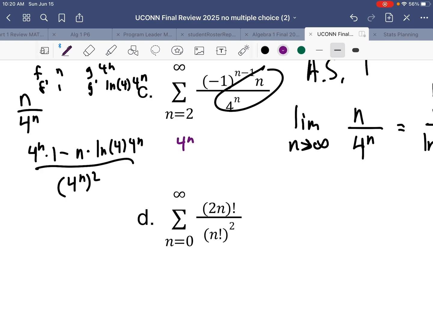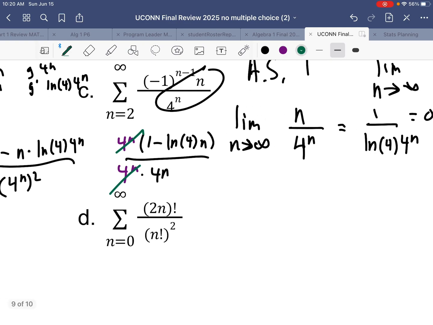4 to the n times 1 minus the natural log of 4, which is just a number, times n, over 4 to the n squared, which is 4 to the n times 4 to the n. These are going to cancel. And I'm left with 1 minus the natural log of 4 times n, over 4 to the n. So when I am looking for when this is going to be less than 0,